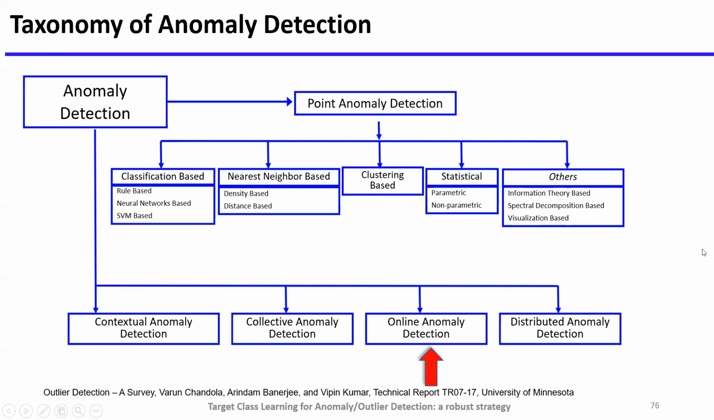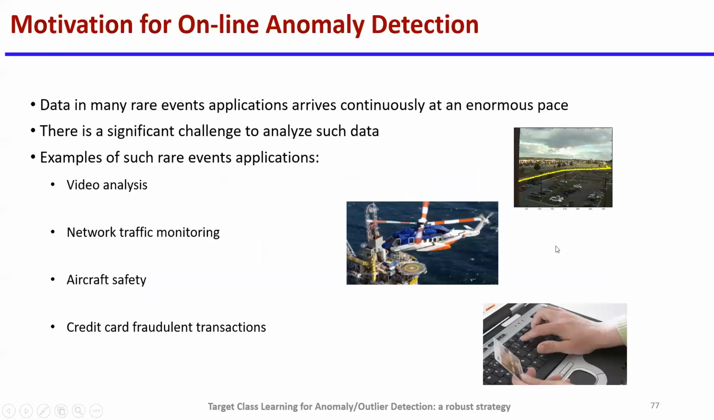Now we will be having two more types of anomaly detection. One is online anomaly detection. You can understand online anomaly detection is a technique where we are considering the continuous arrival of the data, and these are some of the applications like video analysis, network traffic management, aircraft aviation system safety management, and credit card fraudulent transaction details. So that kind of activities can be handled here because we are actually performing the real-time